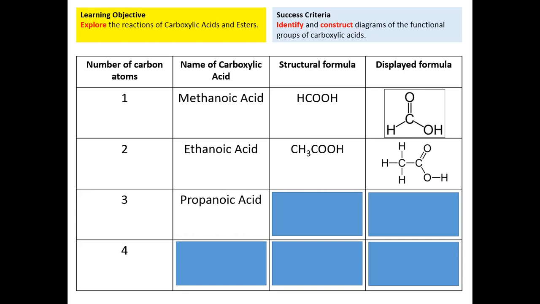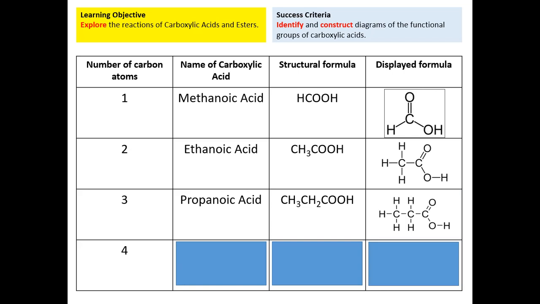So we said, here's the structure that we didn't have on the last slide: CH3, CH2, COOH. Make sure as well that you are putting those little numbers down at the bottom. They're not the same size, they are not up at the top like it's cubed or squared. They must be written like that, because if they're not and you get a question on it, you will get the question wrong. It's very, very strict. If they're the same size, or they're up at the top, or they're in the wrong place, it's wrong. They've got to go there. So there's your structure: 3 carbon atoms in a row, C double bond O and OH on the end, and